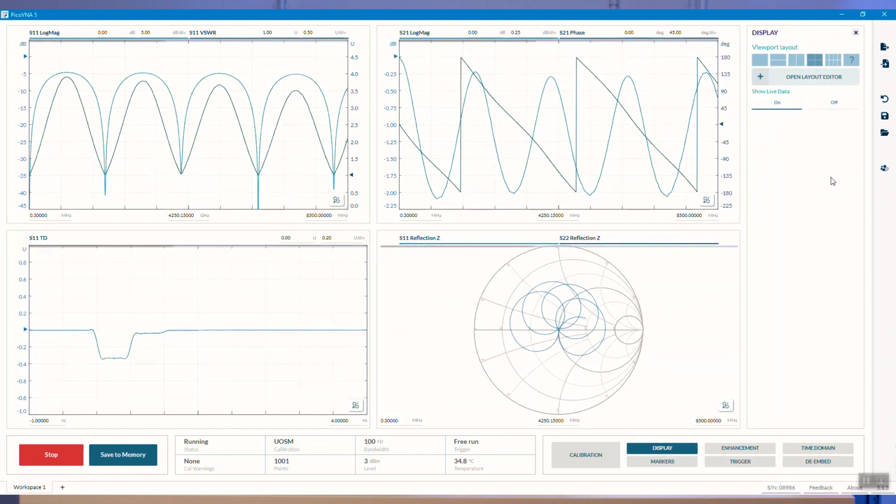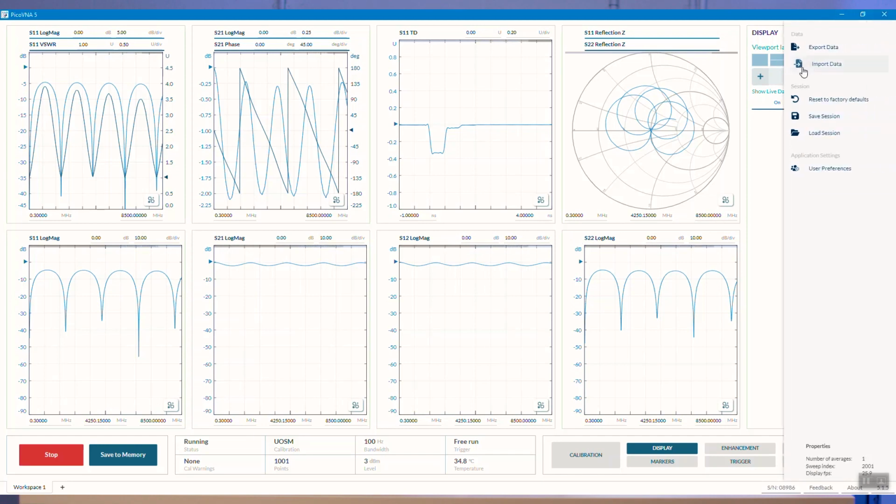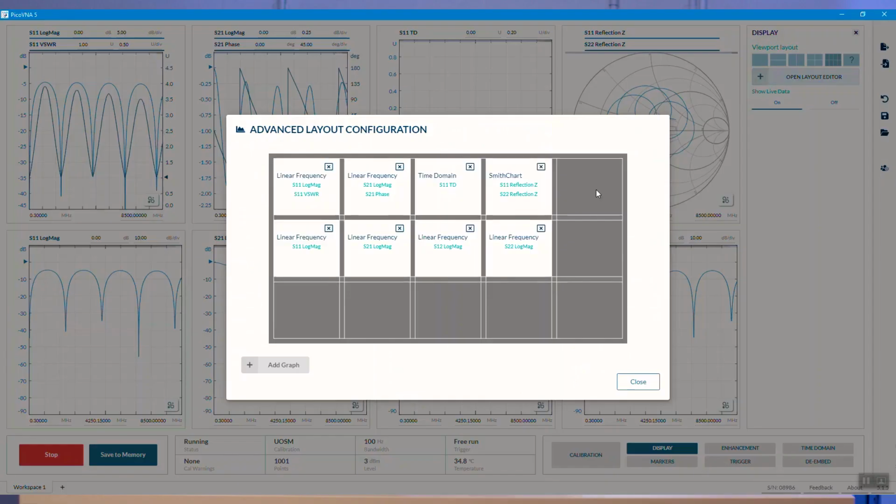There we go. But the display menu shows us that we might have some more interesting things that we can do with this user interface. It looks as though we might be able to change the layouts up here. We could quite quickly get 8 plots up in a layout, and those new plots have been added. We can, of course, configure all these plots as we wish, or we can go to the plots manager.